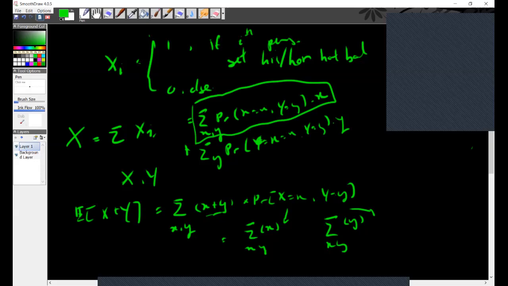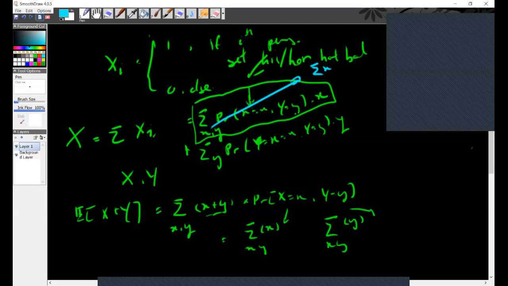So if I fix a value x and I sum across all the y's, right? Eventually, all I get is the marginal. Wait, do you know marginals? I don't know if you know marginals. You should just think of it as, okay, if I'm summing across all possible x and y's, if I fix an x, I'm summing across all the y's that occur with it. So that's the same as saying the probability of x, right? So if I fix some value x and I sum across all the possible values of y, it's the same as just saying the probability that x occurs, right? So the first part of the summation just boils down to